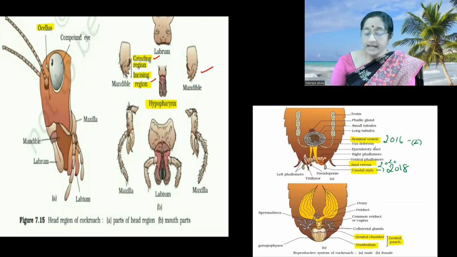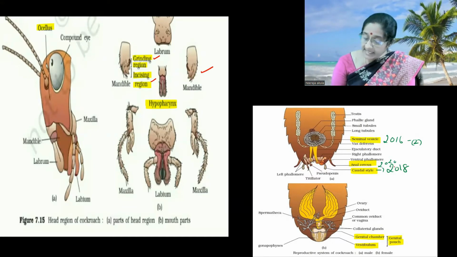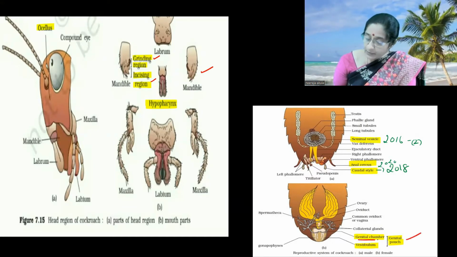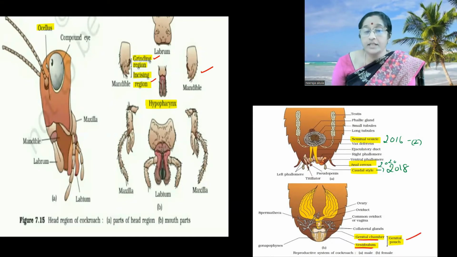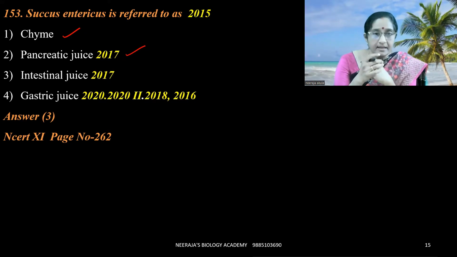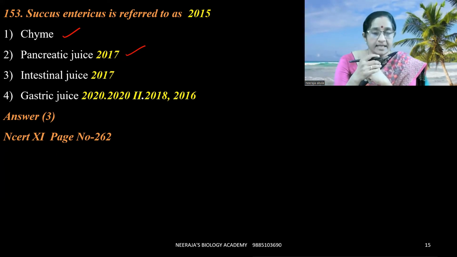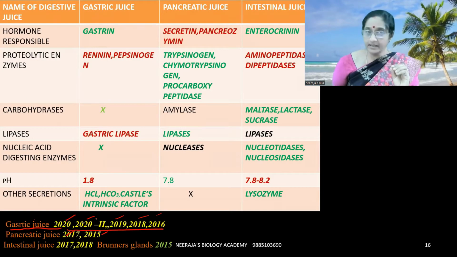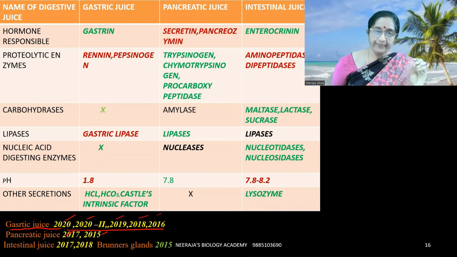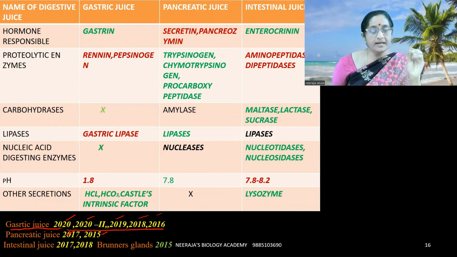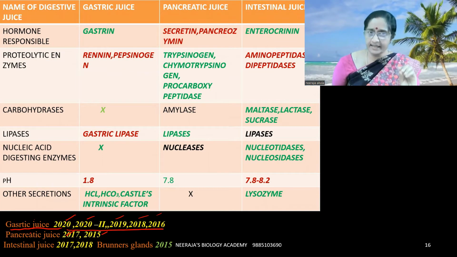If we come to the genital pouch area, the genital pouch in case of females is associated with the genital chamber or vestibula. Succus entericus is referred to as the intestinal juice. Partially digested acidic food of the stomach is known as chyme. Here, by observing this, every year you are getting questions related to the digestive glands and their secretions or their